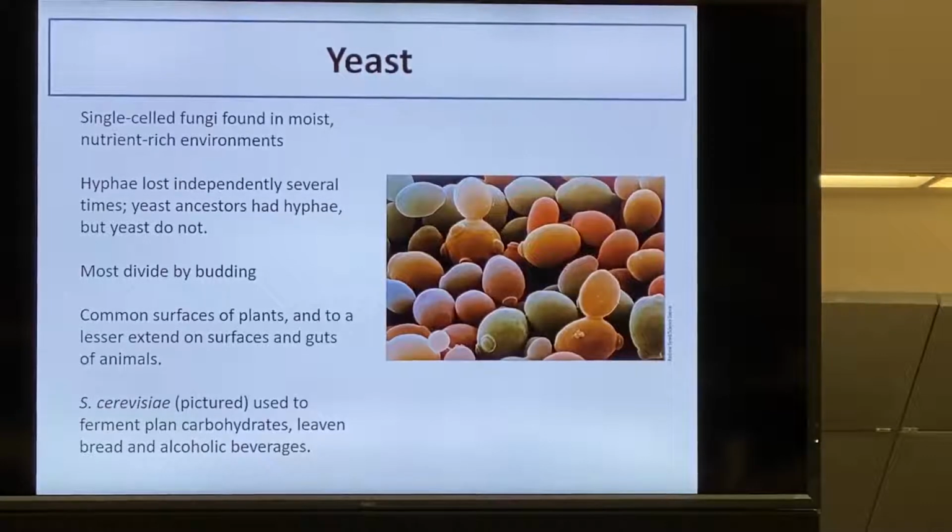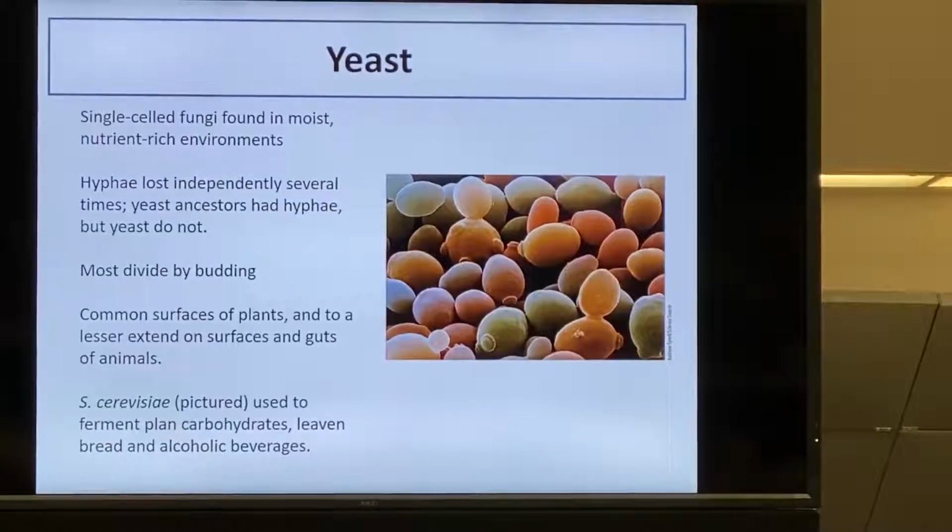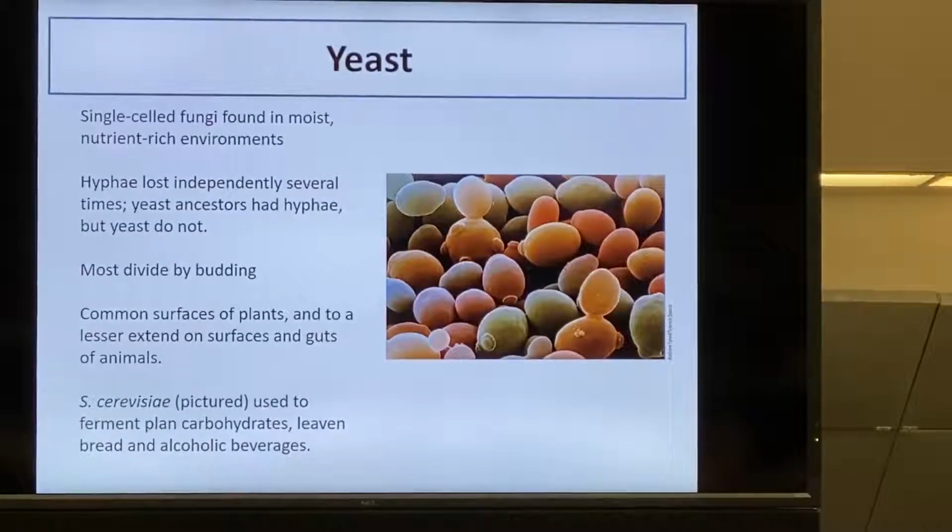Maybe it's an advantage in an anaerobic environment to just be single-celled. You don't have to support as much of a mass. Right? If you're a single-celled organism rather than a multicellular organism, what kinds of evolutionary traits can you do away with? Think about the steps towards multicellularity. What is needed to maintain a complex multicellular body?